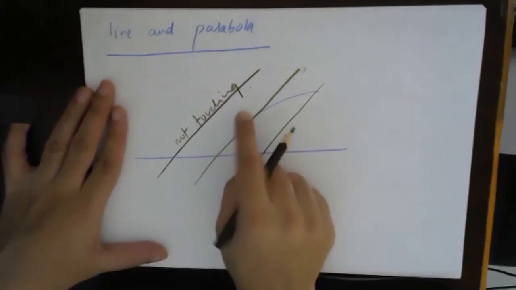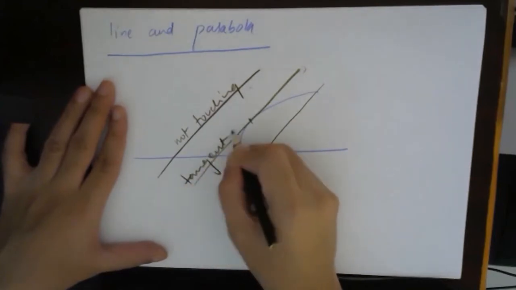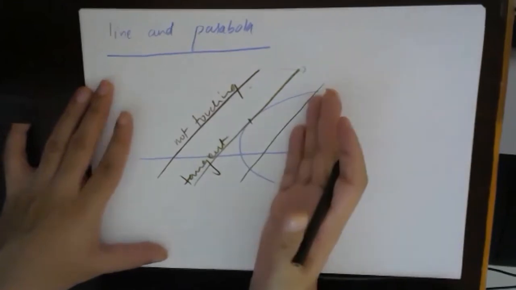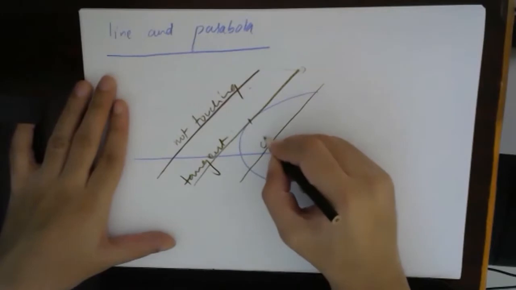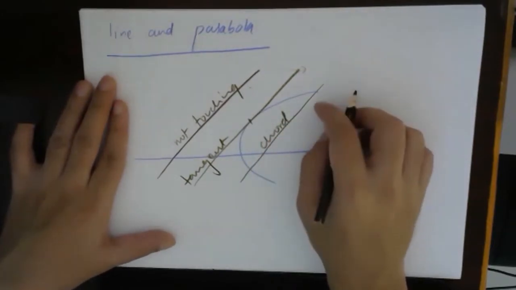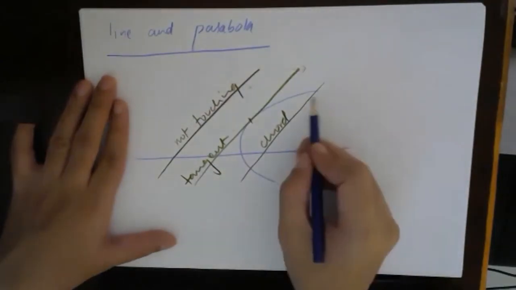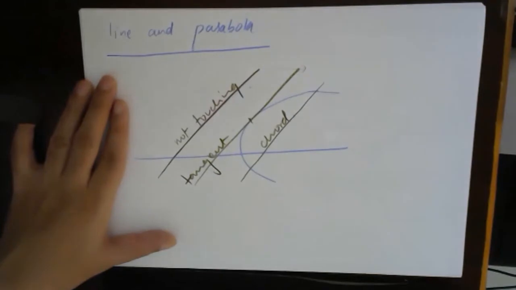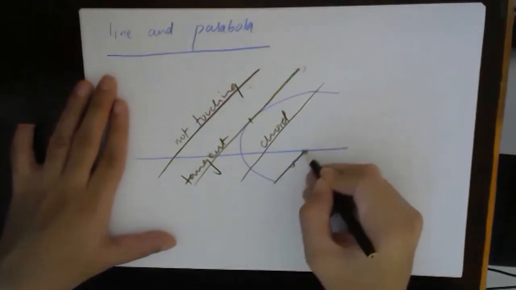That means what is this line? This line is nothing but the tangent to the parabola. And this line is nothing but the chord of the parabola, because this line is cutting at 2 points. So this line becomes the chord of the parabola. A special kind of chord is a focal chord. When the chord is passing through the focus, suppose we have the focus S, and this is the chord.